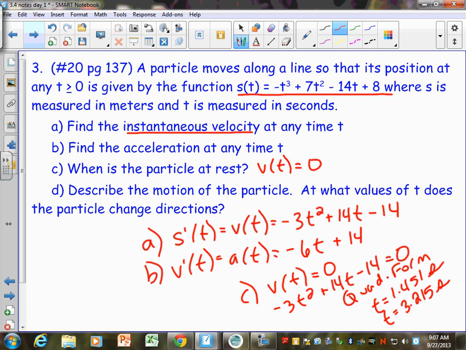Now look at part D, and on your homework today, on the odd problems that say describe the motion, I want you to look in the back of the book, because they put it a lot better than I do. When it says describe the motion of the particle, what they mean is you should be able to tell me whether the particle is moving forward or backwards up until each change, and at these points it changes direction, because if it stops moving, it's going to change from going forward to going backwards, or from going up to going down. And so how do you know? Plug in a number smaller than 1.4, or think about plugging in 0. Did I get to leave you 2 pages on this one?